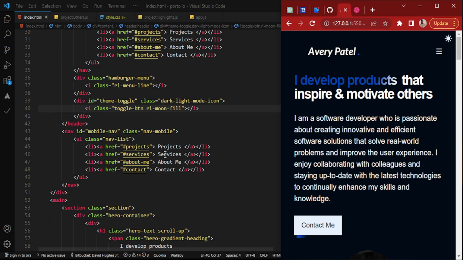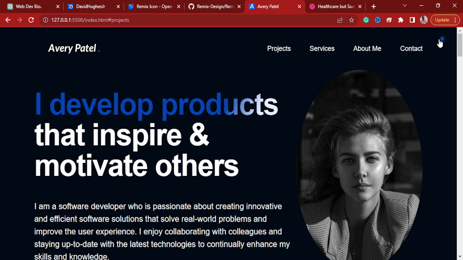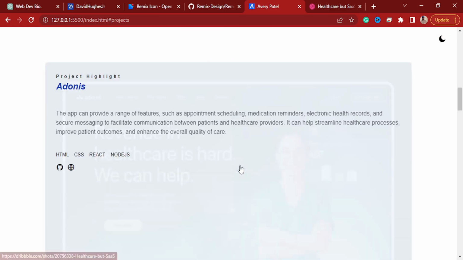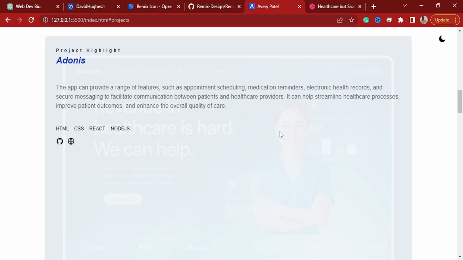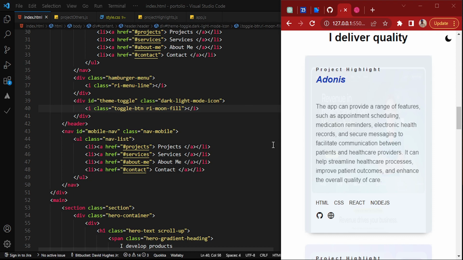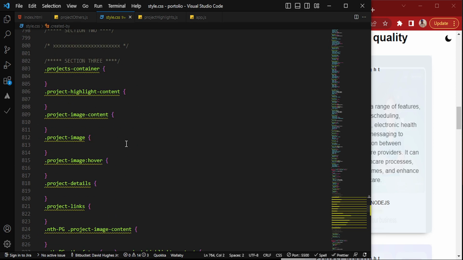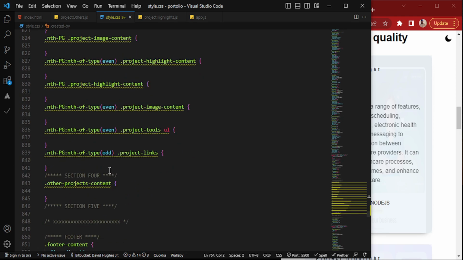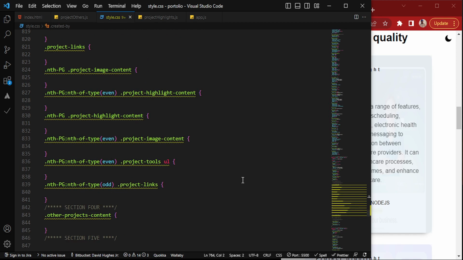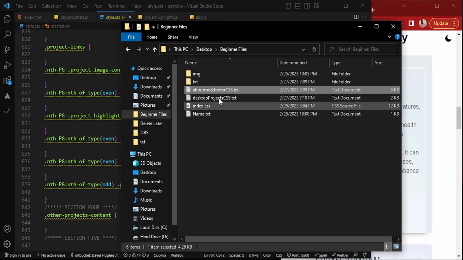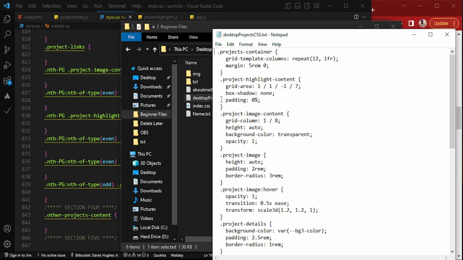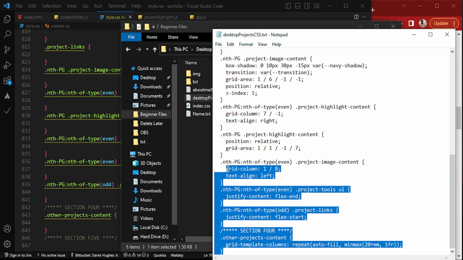All right, so now we really have only one more thing left, and that is to make this dynamic. And I will provide the code for you, but I want you to see exactly the change that it is going to do. So from here, we're going to go to the style.css, and I want you to scroll all the way down. When you do that, you should see the project containers and all of these things empty. And so we're going to go to our beginner files, and we're going to go to the desktop project CSS. And right here, we're going to just grab the CSS,